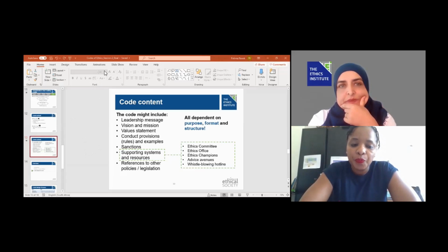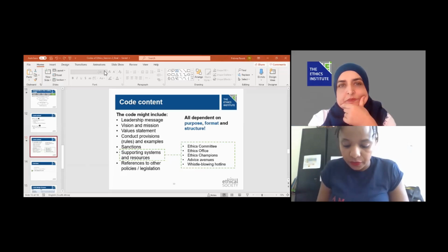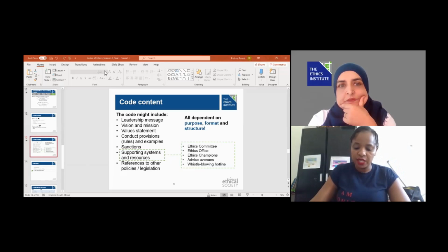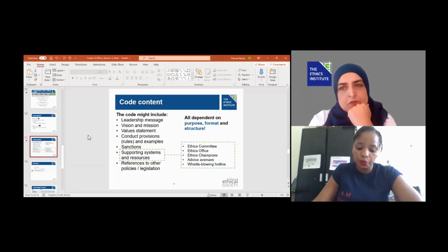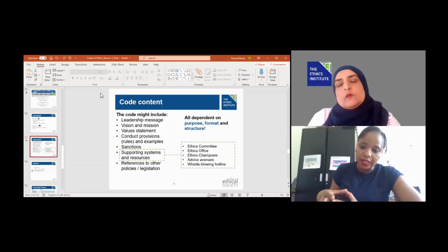I think that in terms of drafting codes of ethics, it's very important, as we said before, to have a purpose. I will talk about here because I know we have a lot of multinationals in the call, and probably a lot of you will be working for multinationals and probably will not be doing drafts from scratch. You'll get a company code of ethics that is for the whole group sometimes. And it's still important for you to look at the code of ethics and try to localize it.